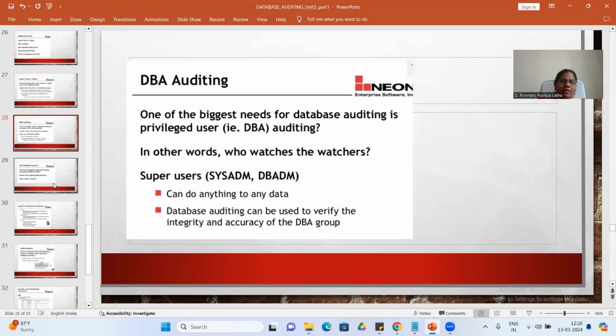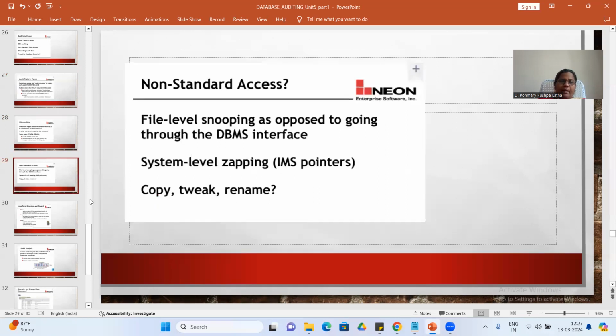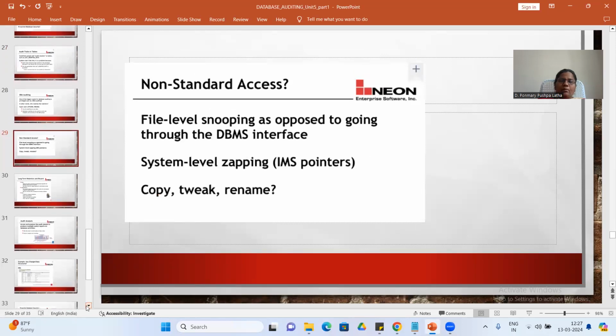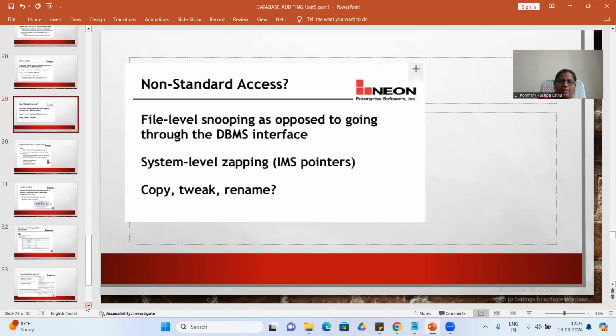Then DBA auditing: not everyone can audit, only the database administrator, either a system administrator or a super user like SYSADM or DBADM. They alone can do anything. As for non-standard access, you should not allow any.